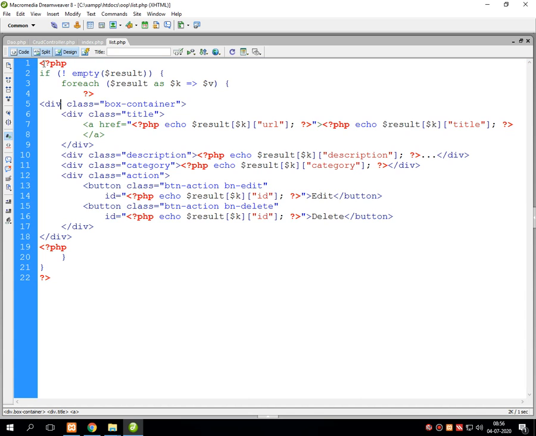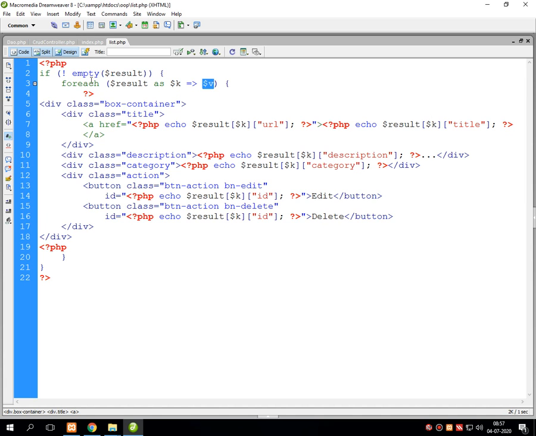Now to write the list.php file, first start the PHP tag and then write if, in brackets, not empty $result, then in brackets foreach $result as $key => $v.